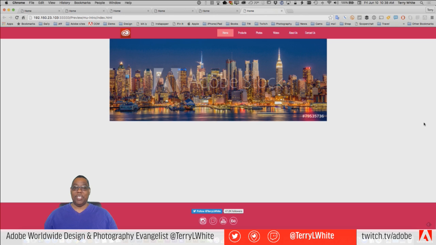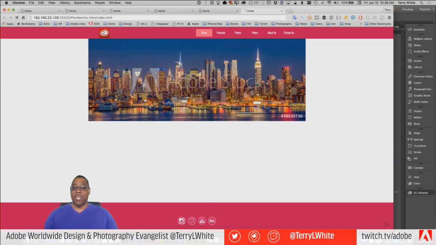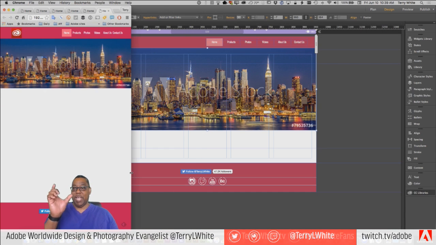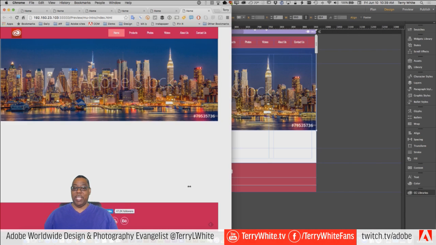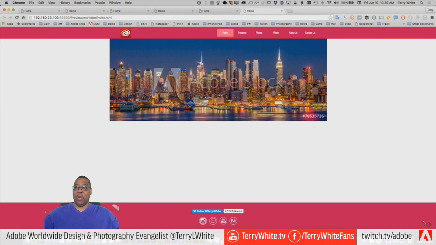See, same thing. Because I told it to always show me the actual image, we're back to the way we were as if we had not used that rectangle that's going all the way out to the edge. So that's why I said scale to fill, because most people want it to fill the entire width of the browser. Does this mean we can't use images in our CC library as image fill since we can't drag into a bounding box? That's what it means right now.